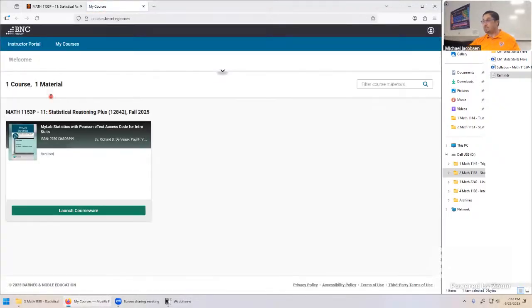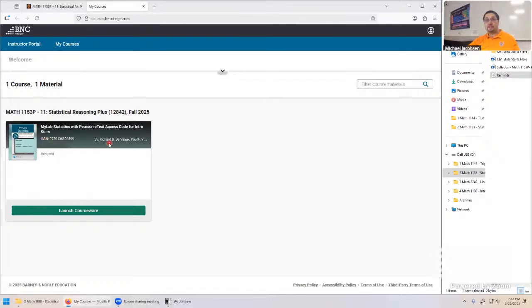It takes a while for these things to load up. For me, it says launch courseware. Let me move that tool over here. You might see something slightly different. Anyone seeing a broken page or just different materials here? This is exactly what you see as well. That's a good sign that things are working then. So if this is what you're seeing, then you're in good shape.